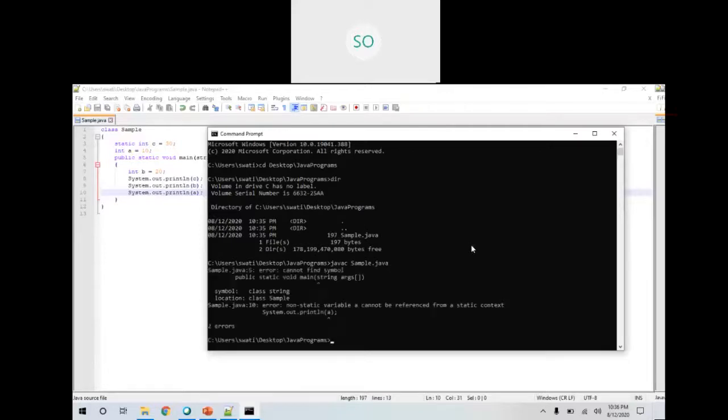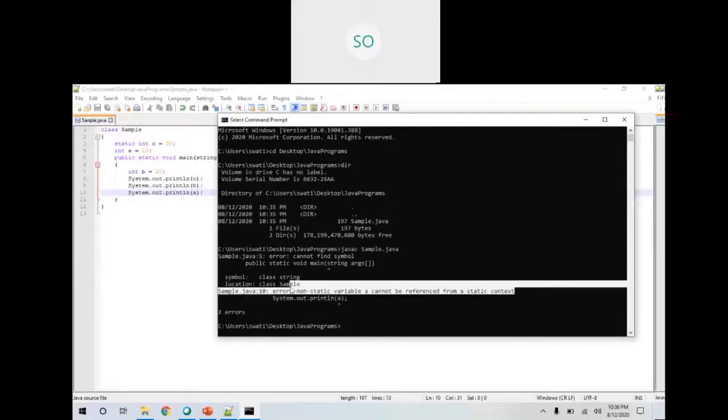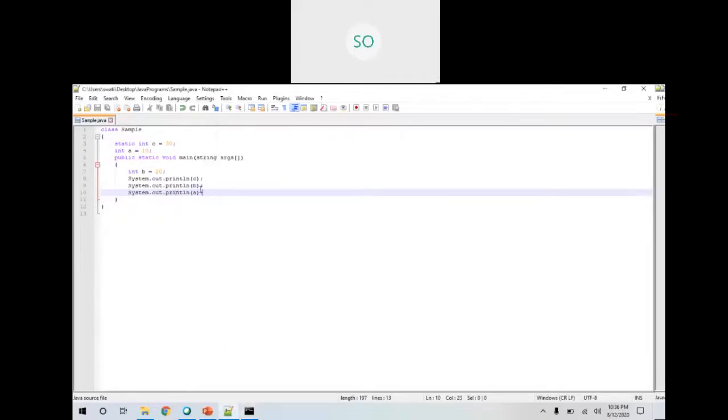So it's compiled. See, we are getting an error here. What is that error? See here, non-static variable a cannot be referenced from a static context, right? Now see here, this int c is a static variable, because this variable is defined with the word static.